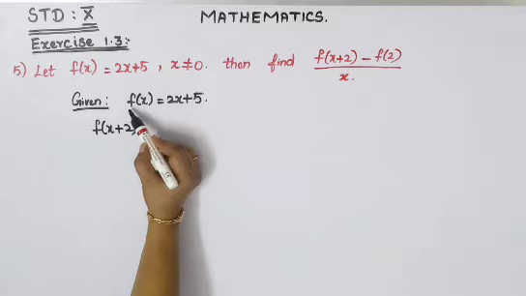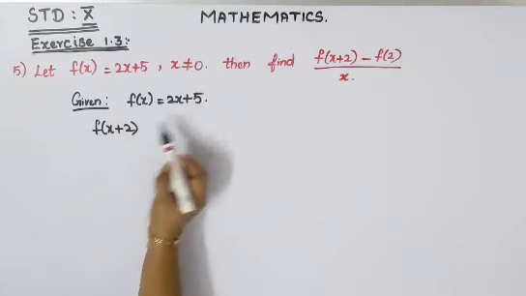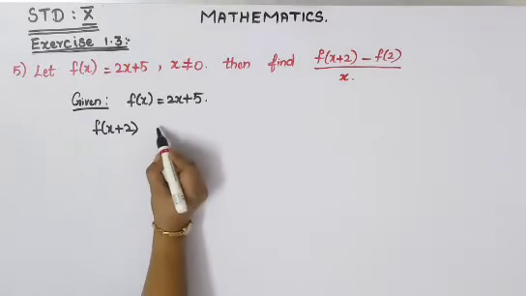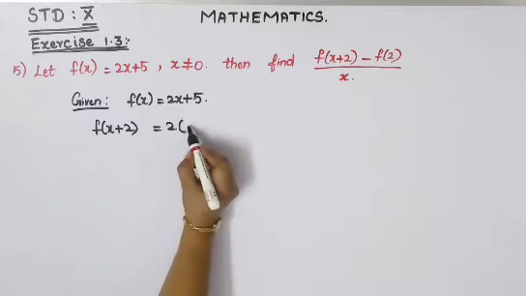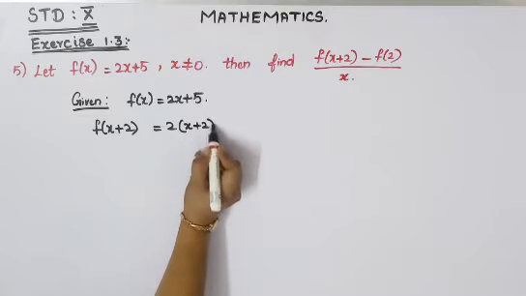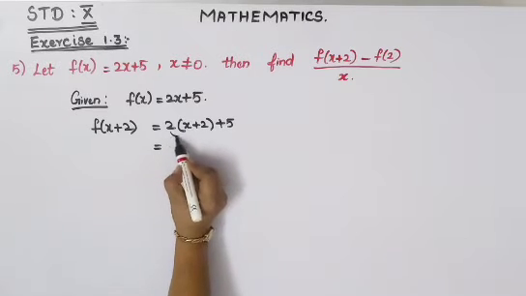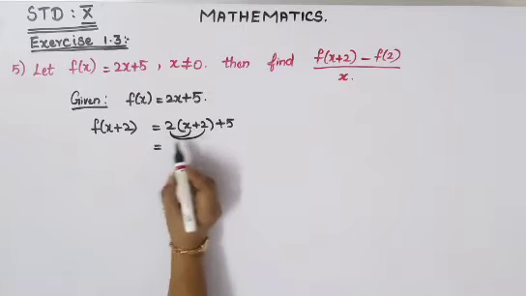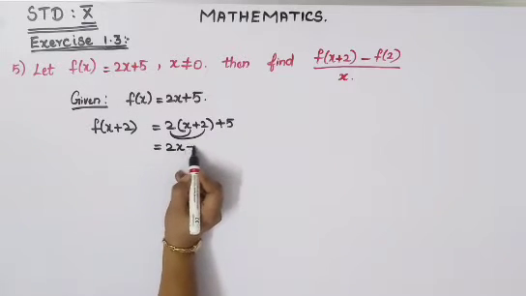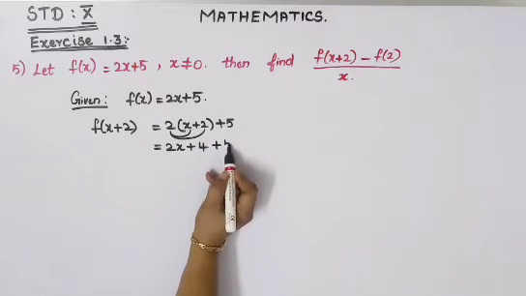So just see your condition, f of x is given. So in the place of x we are writing x plus 2. Okay, so wherever x is there, just write x plus 2, you will get this line. So that is equal to 2 into, instead of x you will have to write x plus 2. So x plus 2 plus 5. Now solving. So now you will have to go for multiplication, that is 2 has to be multiplied for x and 2. Okay, so 2 into x it will become 2x plus 2 2s are 4 plus this 5 just bring as it is down.